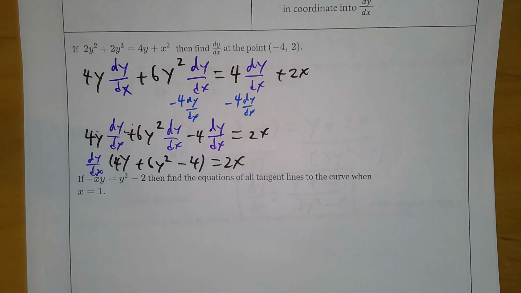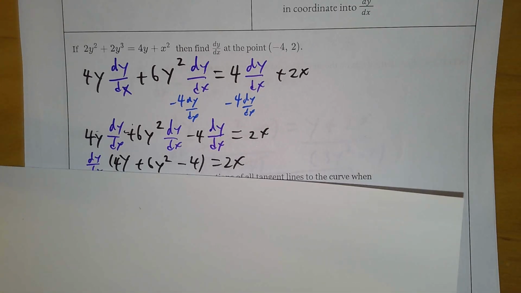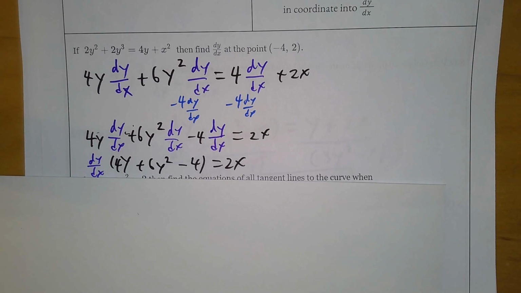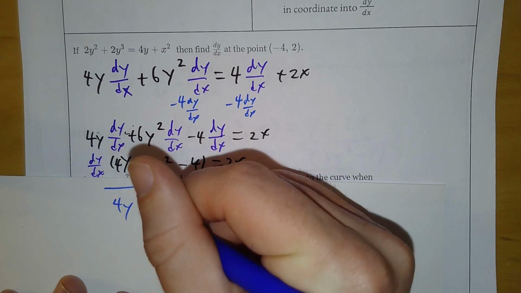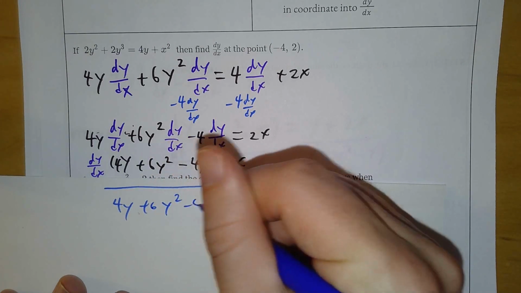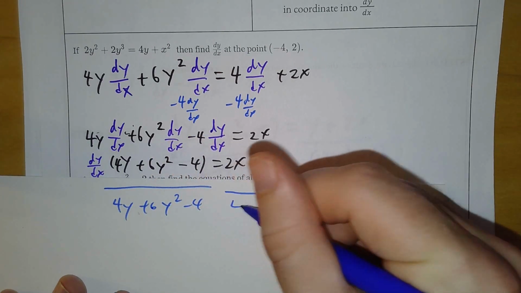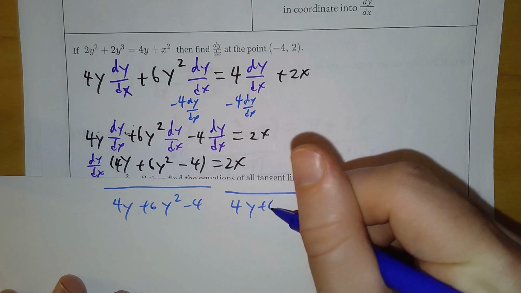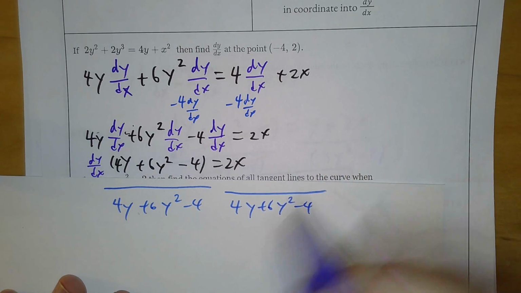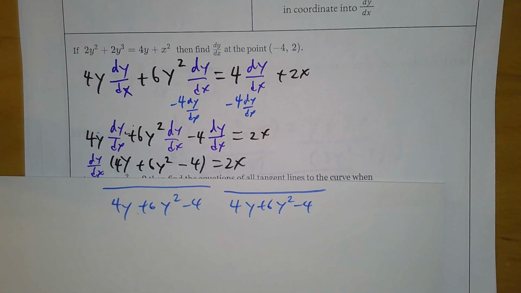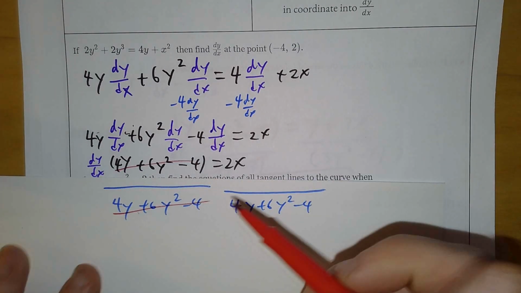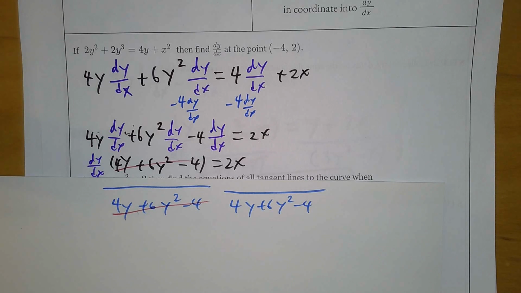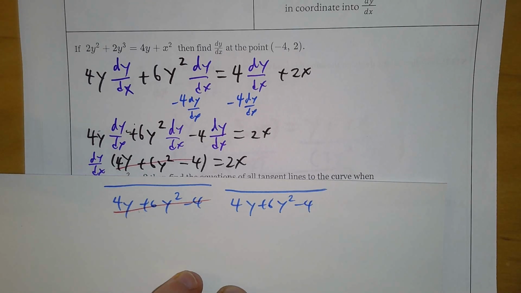I'll go crazy and show that work. Let's go crazy here. So I'm going to divide this by 4y plus 6y squared minus 4, and also this one by 4y plus 6y squared minus 4. And again, what ends up happening there is that these will cancel. That will cancel with that, and we will be left with over here